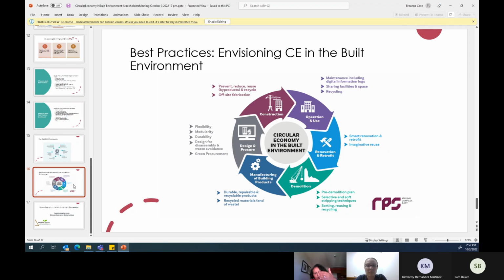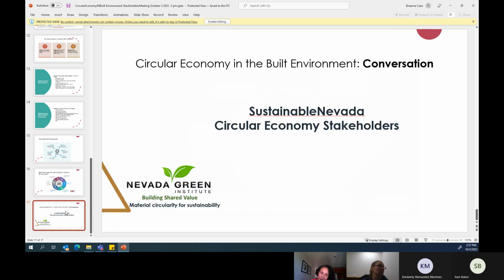And then when we are envisioning the circular economy in the built environment, there are lots of things to do, because our urban area is an organism. It eats a lot of infrastructure, construction, waste, disposal, everything. So that is what I try to do.